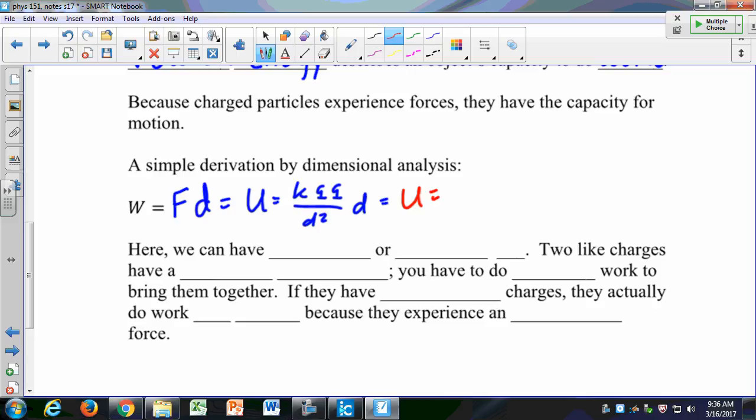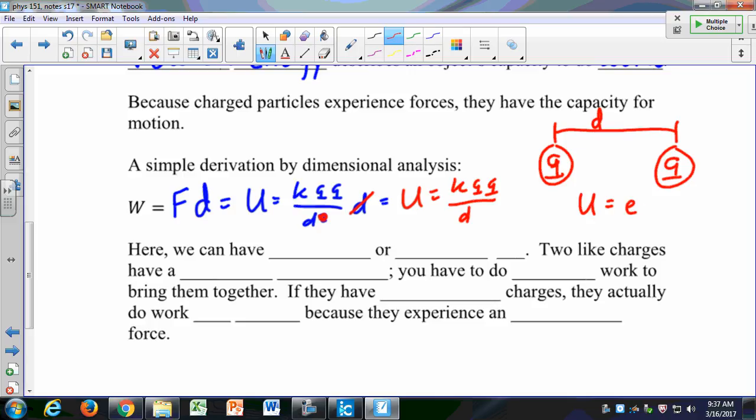U, the potential energy, equals K, Q Q over D. Notice I just got rid of one of these D's right here. They cancel out. So that's sort of a rough derivation of how we determine the potential energy of two or more charges. So what this says is, if I have two charges, Q right here and Q right here, separated by a distance D,